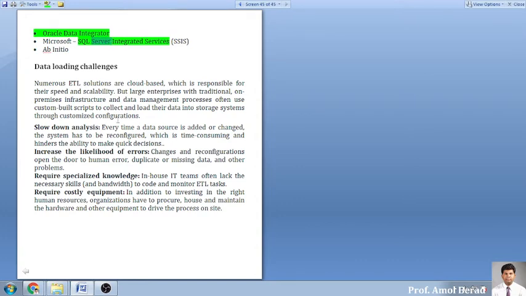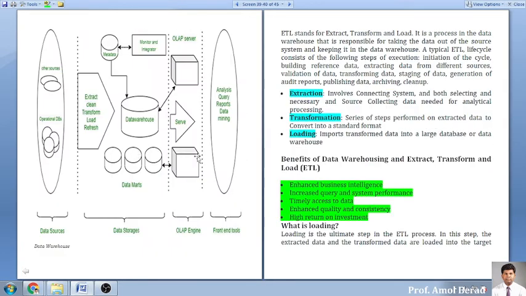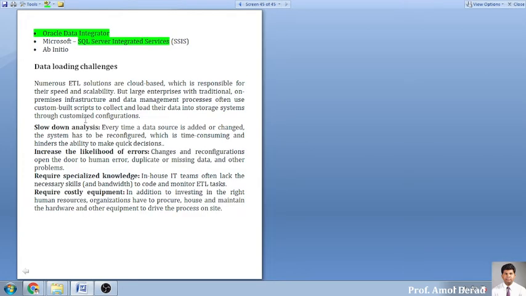Now I want to conclude this chapter with a limited part, that is data loading challenges. Whenever you load data into your database, you will face some challenges. What are those challenges? Slow down of analysis. Now numerous ETL solutions are working on cloud. This is the biggest challenge in front of you, that nowadays maximum data you will find